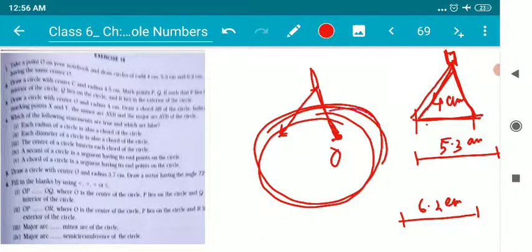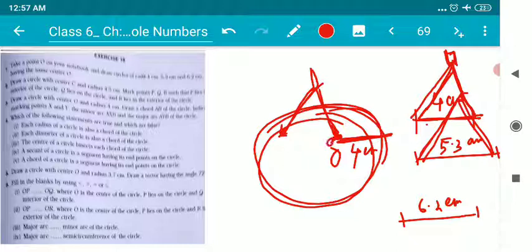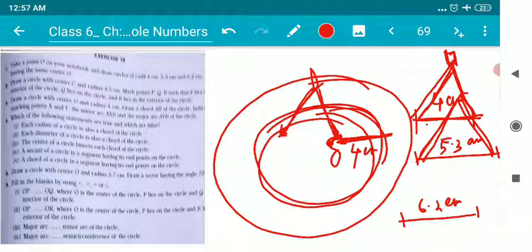So what will be formed? One circle will be formed. I'll just draw the circle by keeping the needle of the compasses on O. I'll just give a round and I'll form a circle. So children, the radius of the circle which will be formed will be 4 centimeter. What I'll do next, I'll take the compasses again and I'll measure this line segment 5.3 using compasses. Keeping the needle at this very same point O, I'll give one more arc. I'll draw another circle.